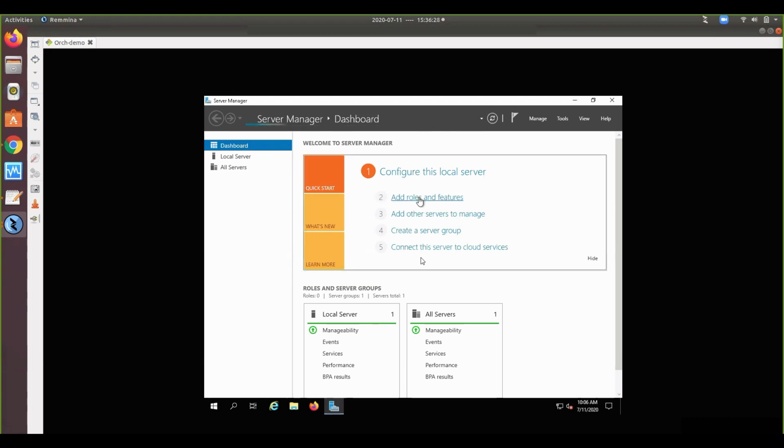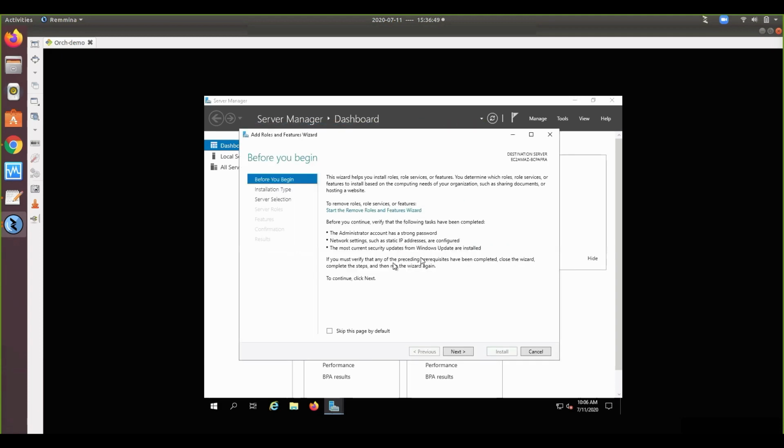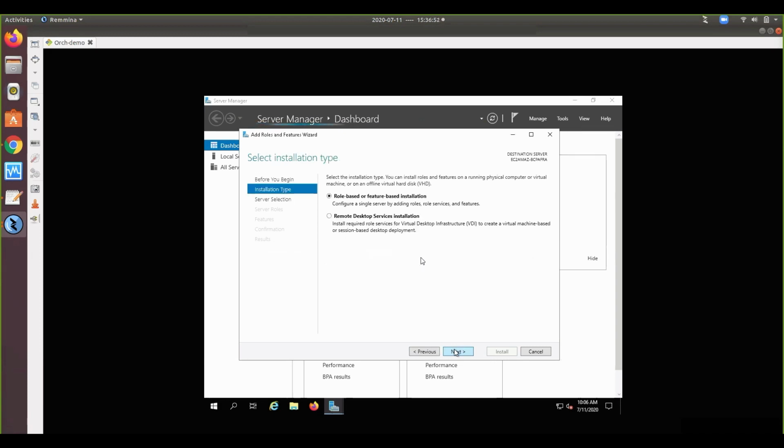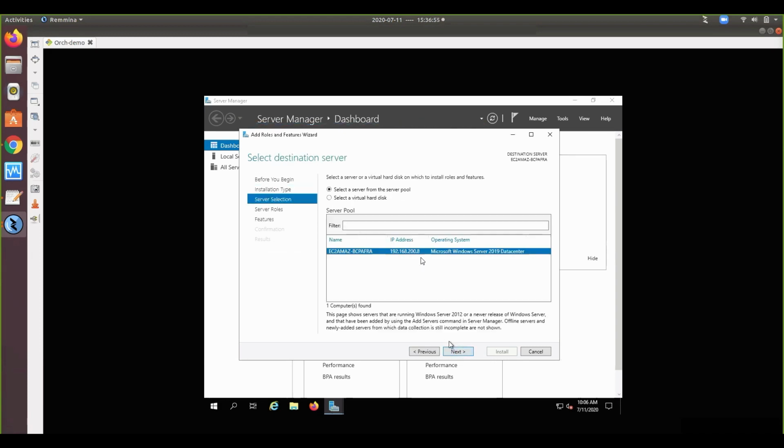And click add roles and features to add the IIS and its dependencies. Still collecting some of the dependencies. So for this, UiPath has some prerequisites for the IIS module.